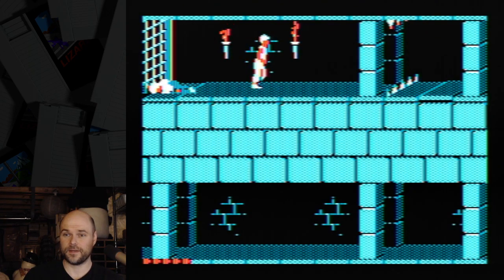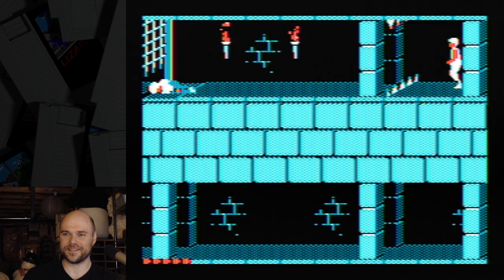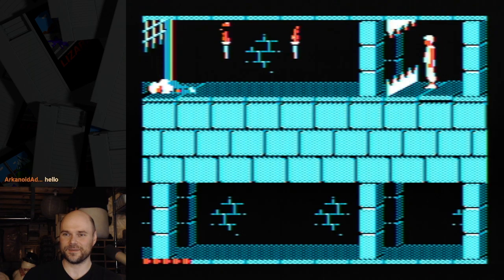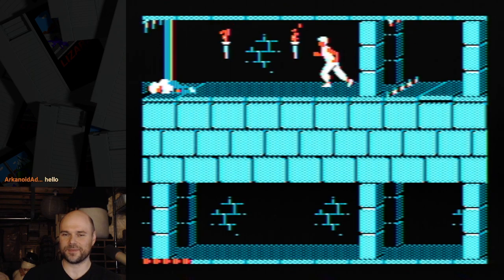Okay. So I got kind of spooked by that because I wasn't sure if I was going to stop in time not to get chomped. So I think I can just step on this now without closing the door, because